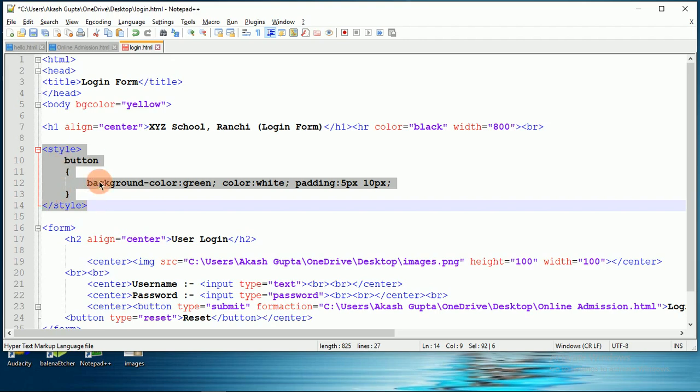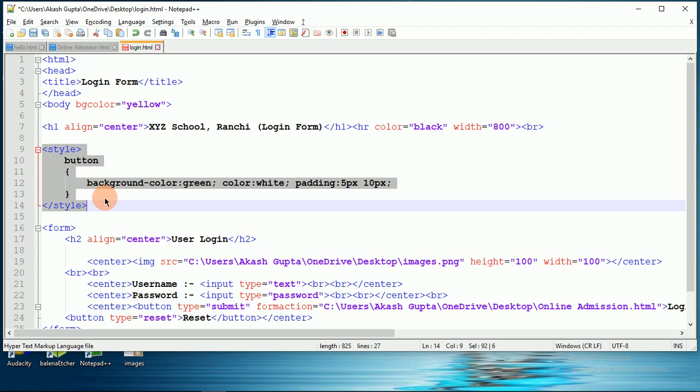I will also discuss the inline style sheet. Inline means that it is written inside a tag, just as we use any attribute of any tag, right? So the inline style sheet is an attribute. Inline style is an attribute of any tag. We can use that style attribute inside any tag. Wherever I have used it, we will discuss it.